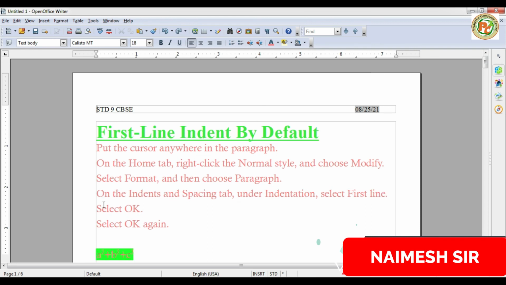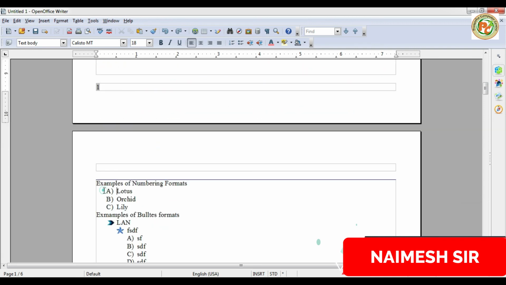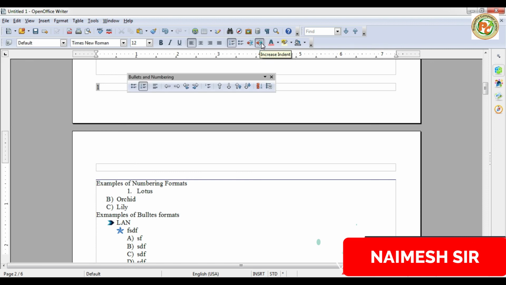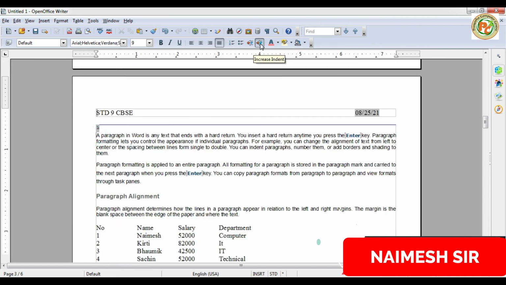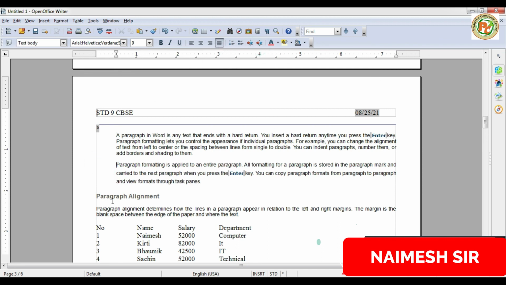See, our tab is here, and we want to put this inside, right? So we can increase the indent here like this. If you want to decrease it, click here. So it is increasing indent, and we can say decreasing indent. The same also applies to the paragraph. Click here and increase the indent like this. So this way we can increase the indent and decrease the indent also.